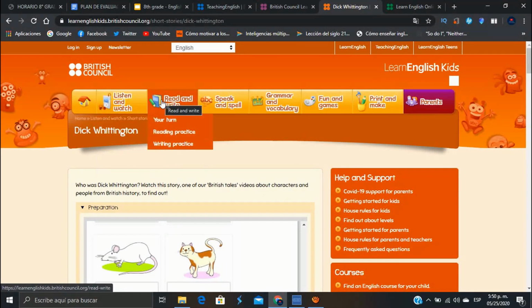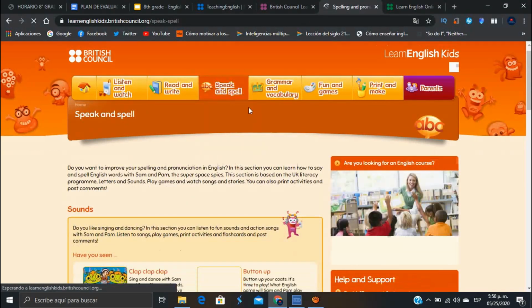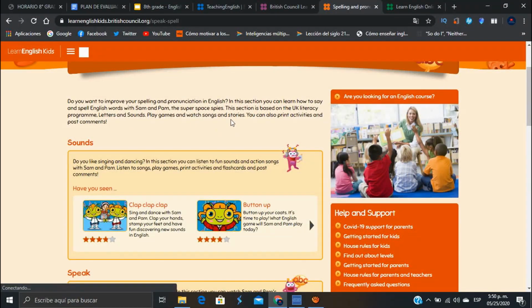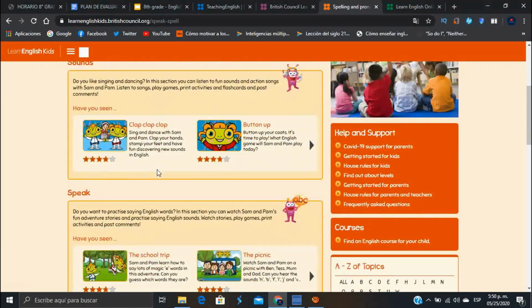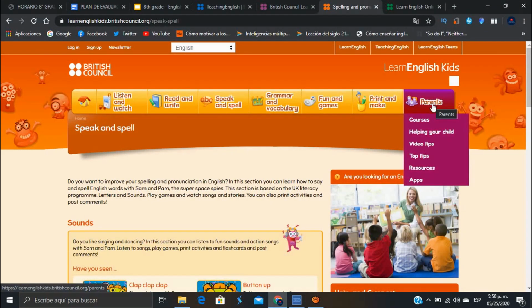Songs, poems, reading, writing, speak and spell, and everything you want to do in your classes, okay? No matter if you're a preschooler or in the first grade of elementary. Sounds great. You can use vocabulary, sounds, and pronunciation activities. So go there and try to find whatever you feel like, okay? It's not only for teachers, it's also a place for parents, for teaching parents how to help their children learn English the best way at home, okay?